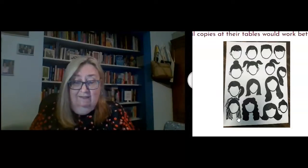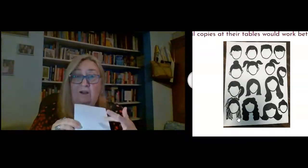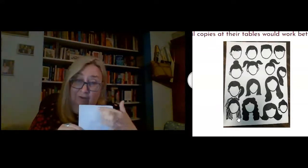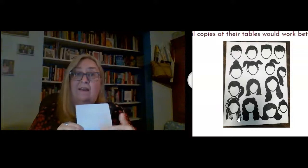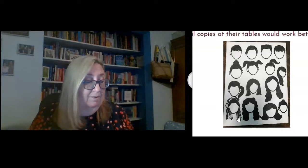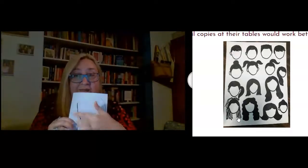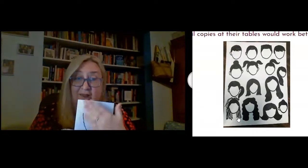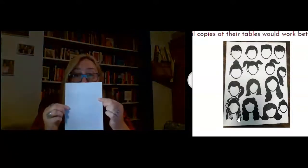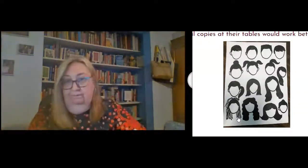So you're going to get a half sheet of paper, and you're going to pencil draw first, and then I'll have some black Sharpies for you to use to go over your features and your outline, and then you're going to cut it out. You may want to start with just a neck or drawing a face shape first. But I want it to be about the size of the half sheet of paper. So if you're given a half sheet of paper,